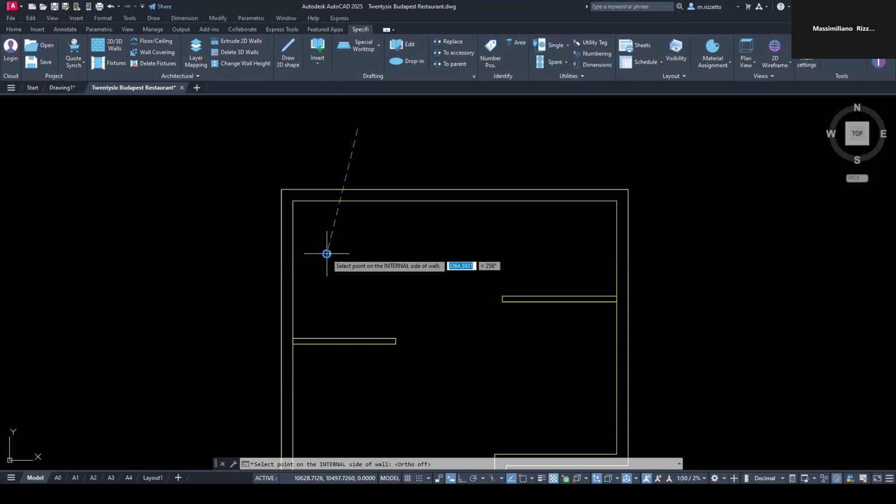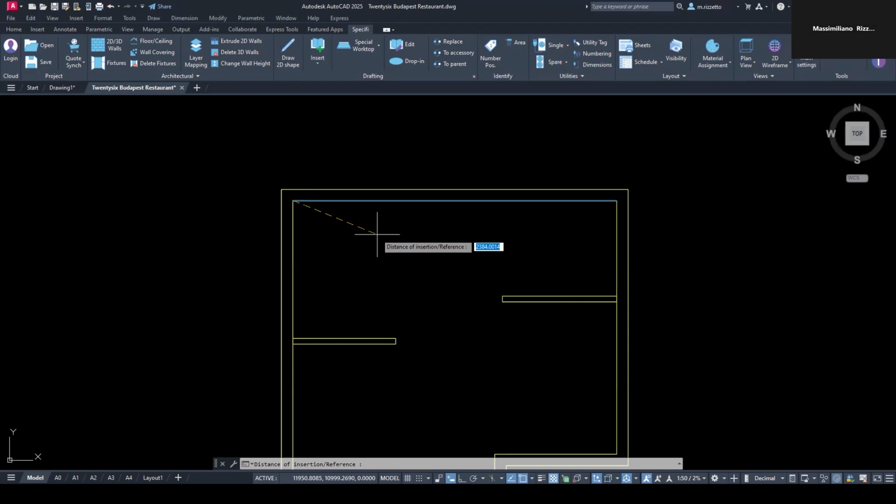So I click here now, second click, and now, as you can see, the software highlights the internal wall, the line of the internal side of my wall,